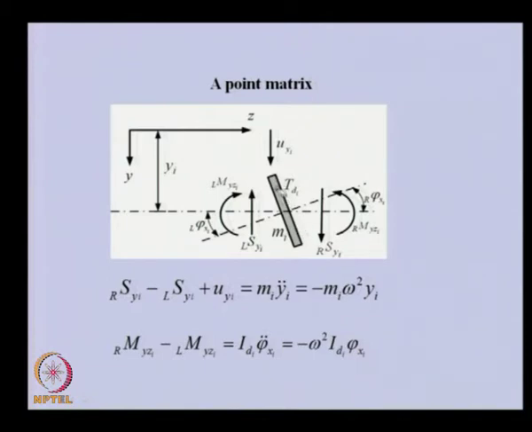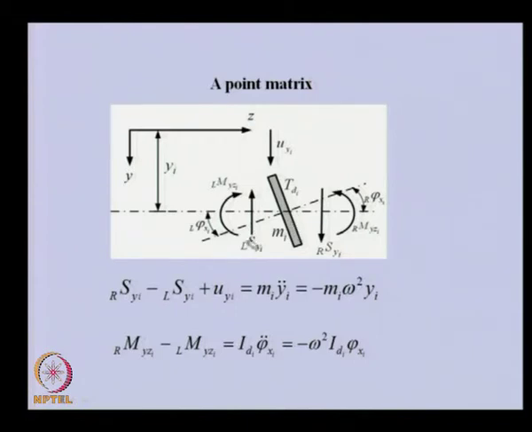Now we will be having linear displacement, there is translational displacement of the ith disk. Because this is a thin disk, we will be having the same displacement on the left and right of the disk. Similarly, you can see the slope on the left of the ith disk and on the right of it, and because this is a thin disk, the slope will also be the same at both ends.